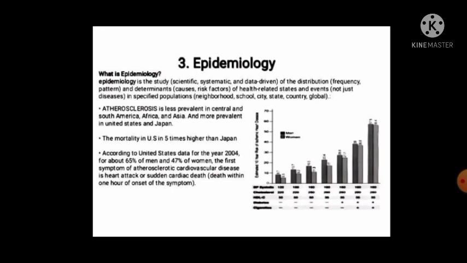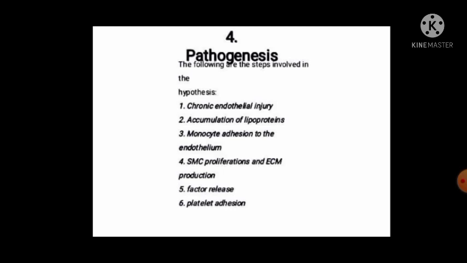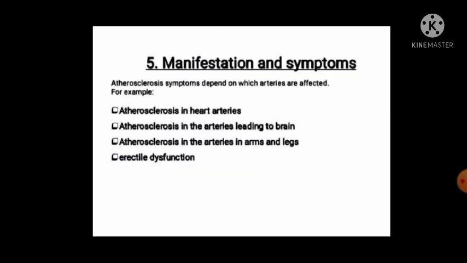This is very dangerous, that atherosclerosis can directly cause the death of the person. Pathogenesis. The following are the steps involved in the hypothesis. Chronic endothelial injury to the inner lumen of the artery, accumulation of lipoprotein at the place of injury, monocyte adhesion to the endothelium, monocytes or large cells attached to that site,